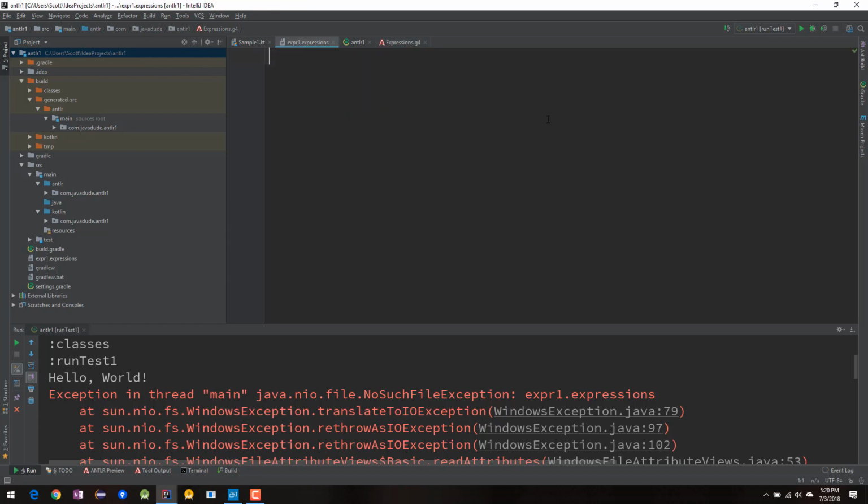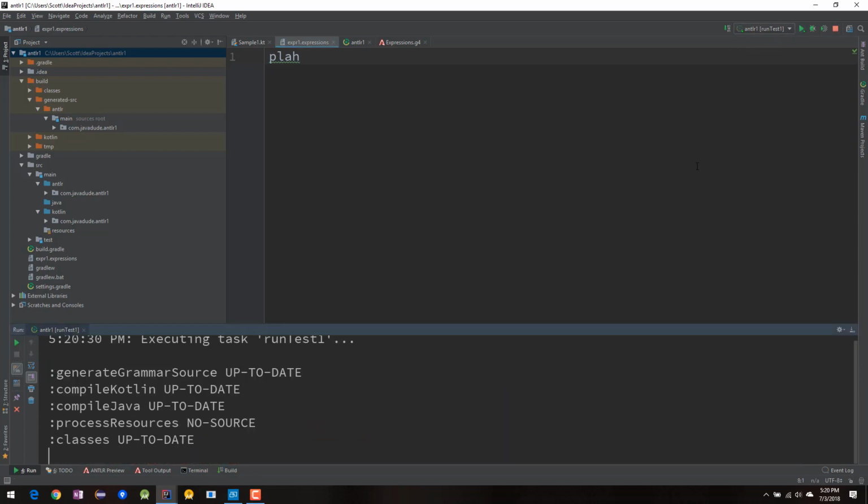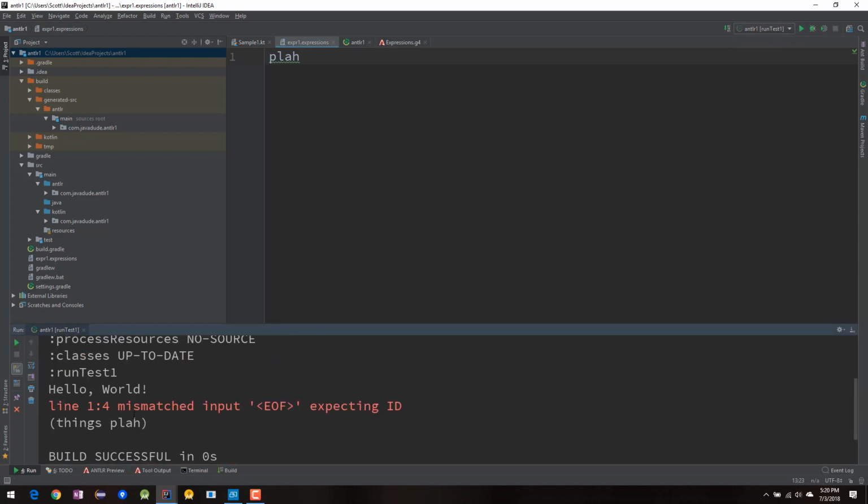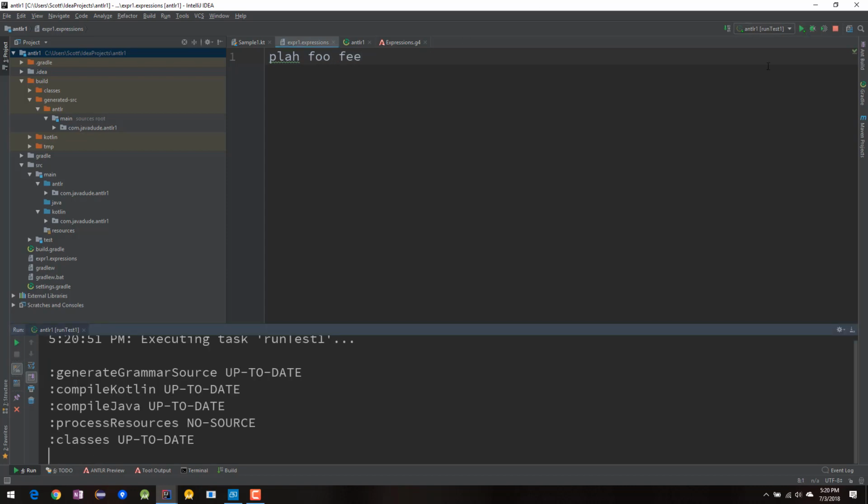Okay, so this guy here, we're going to have 3 things that I have to type in. Let me just first of all type in one thing. Let's see what happens when we run it. So we have here line 1:4, mismatched input end of file, expecting ID. So it's saying on line 1, column 4, that's right here, it is expecting another ID. So if I came in here and said foo, fee, and then run it,